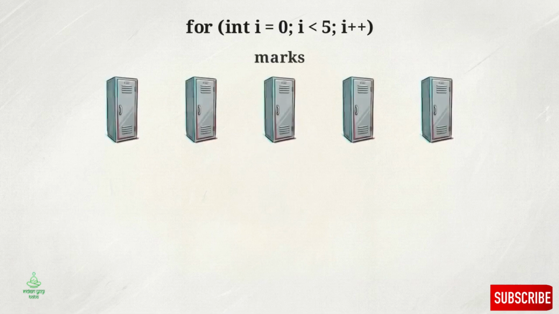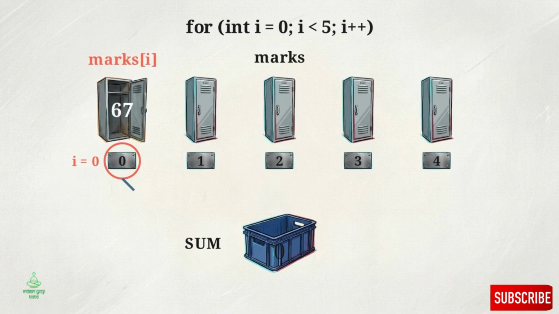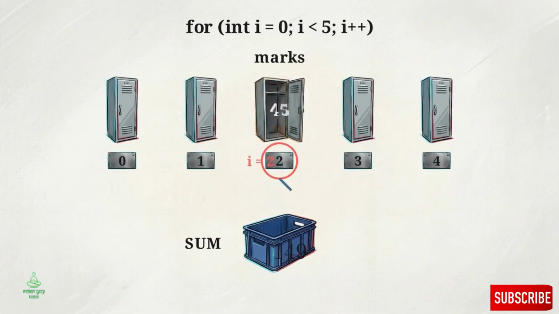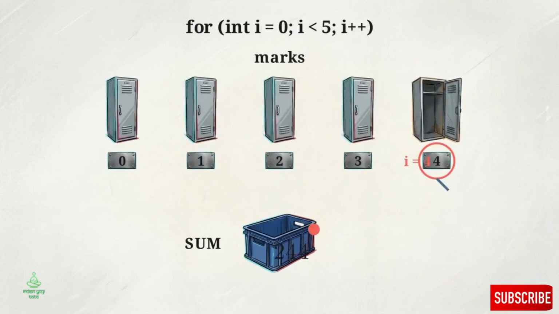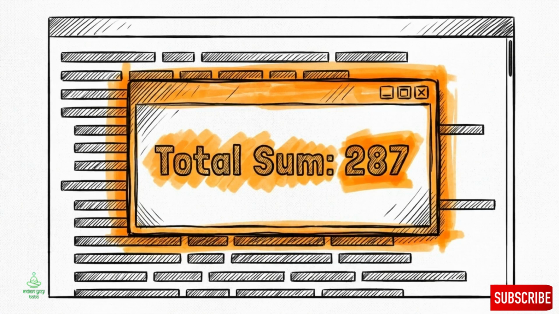This animated diagram shows how we automate walking down the line with a for loop. We create a counter starting at index 0. We ask the loop to check marks of i, grabbing each number. We add that number to our current sum, storing the new total. Once the loop finishes checking the very last locker, the work is done. We then use one final print command to show our accumulated total on the screen.